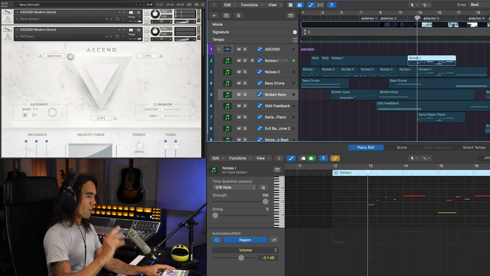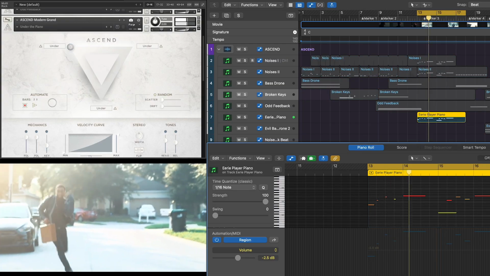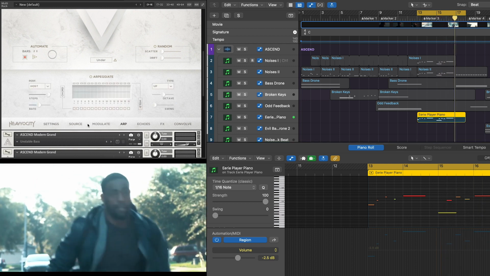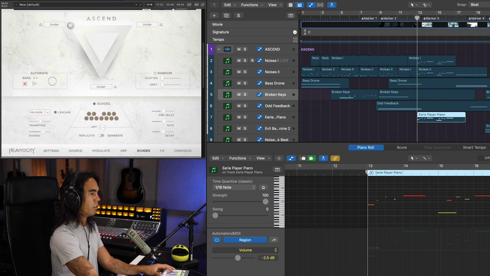So that's achieved using the formant shifting with Little AlterBoy, which is such a nice plugin. Little yet powerful. And another element to the eeriness is using the capabilities of Ascend to generate performances. So I went to the Echoes tab and I chose to generate a pattern using 5th and 6th, and I still played the same melody, but obviously there's going to be some dissonance because some of the notes are not going to match, and it just yields this very, very eerie result that I just brought way down in the mix. And with the other two noise layers,